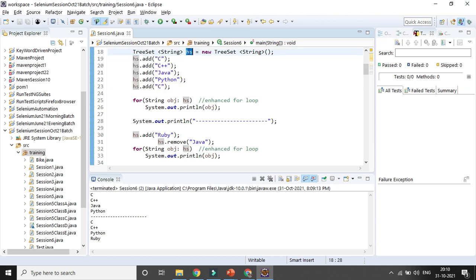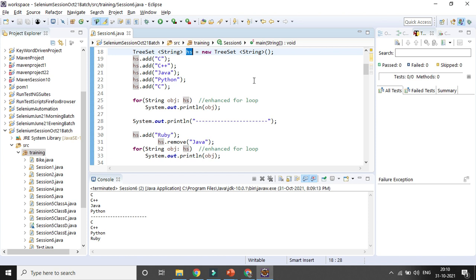For example, here I am adding three to five items with hs.add. It does not matter, because you are taking the reference of hs only, and that reference it is comparing. Whatever hs has, if I want to read the whole set and I don't know how many items there are, it will run until the end.